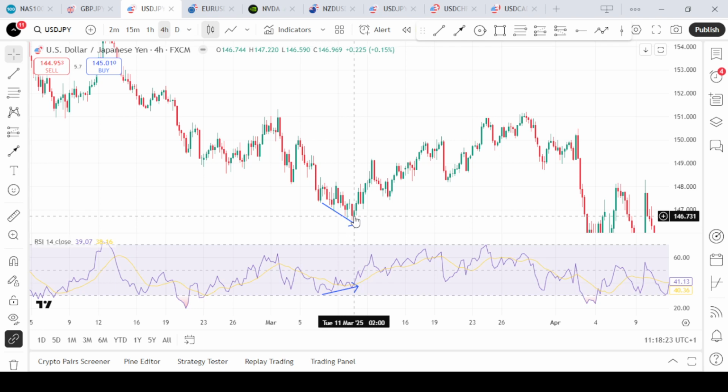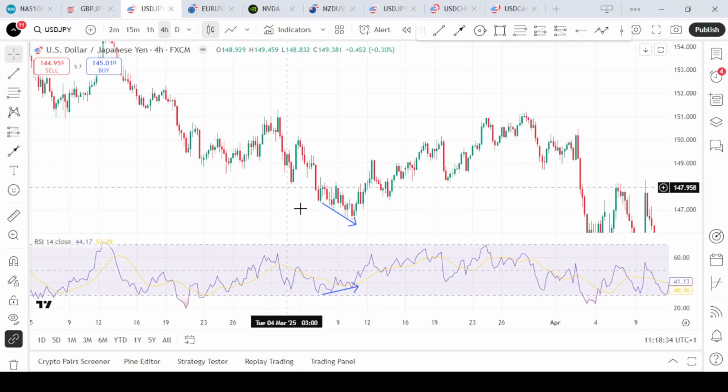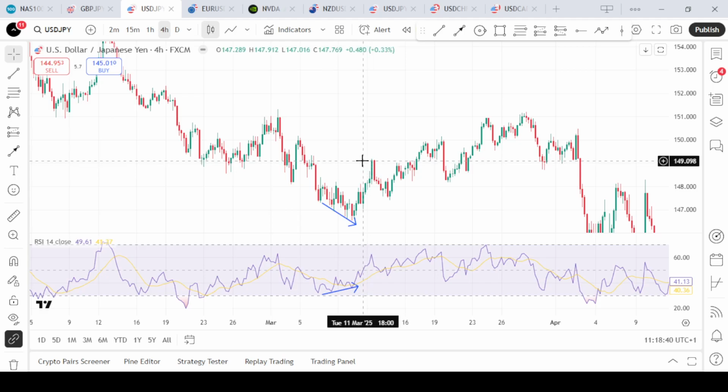So we have different kinds of divergence. We have the bullish divergence, and this forms when price makes a lower low while the RSI creates a higher low, suggesting weakened downward movement and that we will reverse to the upside. Conversely, a bearish divergence occurs when